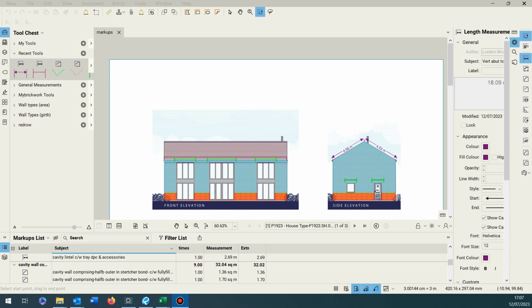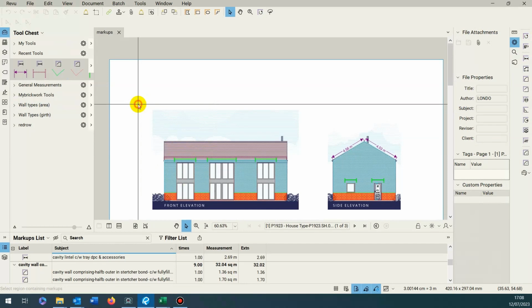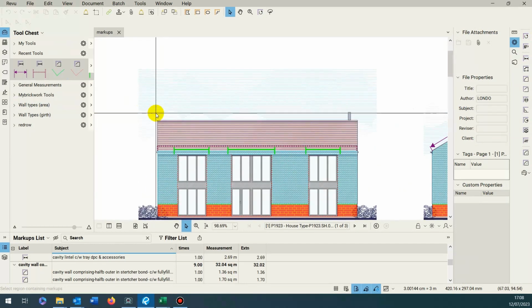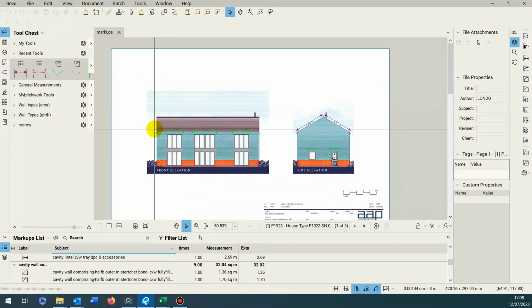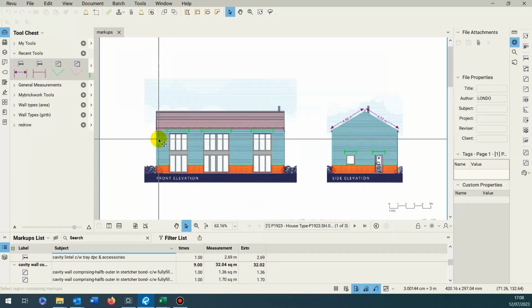Just carrying on with these tips, just a short introduction to layers. As you know, all markups created on the markups list are in the form of layers, and if you find yourself getting very crowded on the workspace or lots of different takeoffs, you can actually create layers and turn them on and off. So I'll just quickly demonstrate,